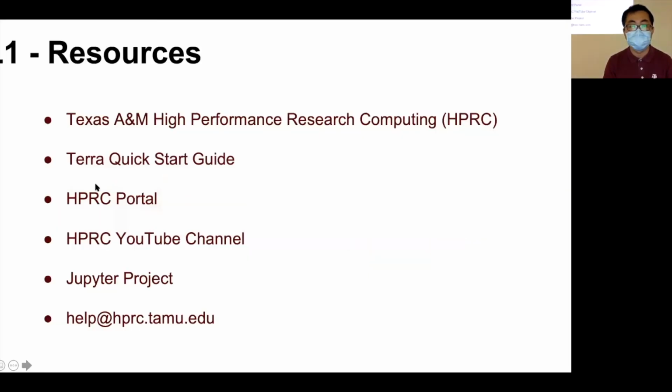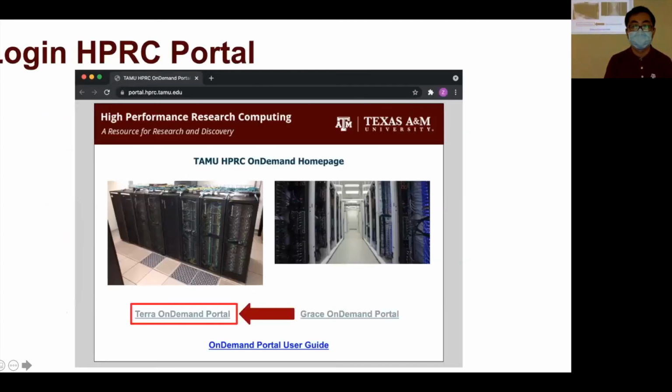So this Jupyter project is about today's first lab, Lab 1, where we'll be using JupyterLab. This is a link to give you an introduction to what JupyterLab is, and also help. So let's get started.